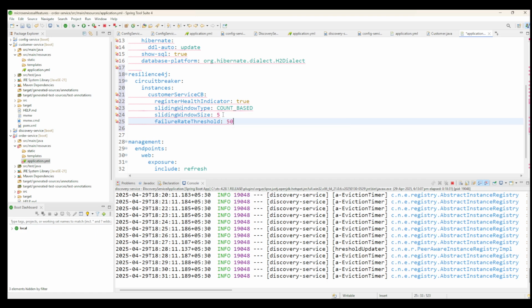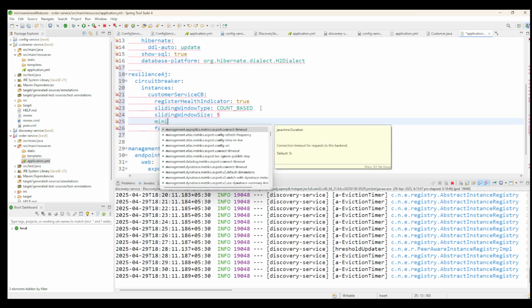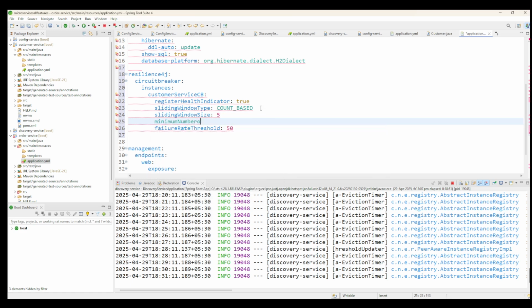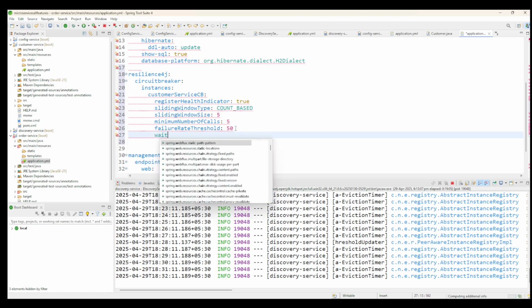Threshold we can set 50. I think in our circuit breaker I have described what is the meaning of all this. So here we can set minimum number of calls. Let us set it 5. We can set wait duration